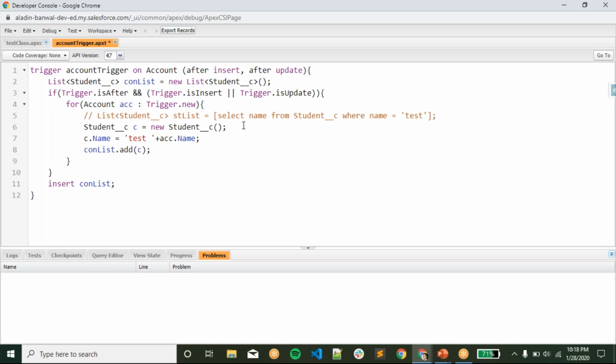Limit is 100 only, no? That is the select query. The number of records that can be retrieved via this SOQL is 50,000. But how many times we can write this SOQL, it is 150 only. No, already in the select query it will be 100 queries. No? DML will be... okay. Yeah, 150, yeah, right?